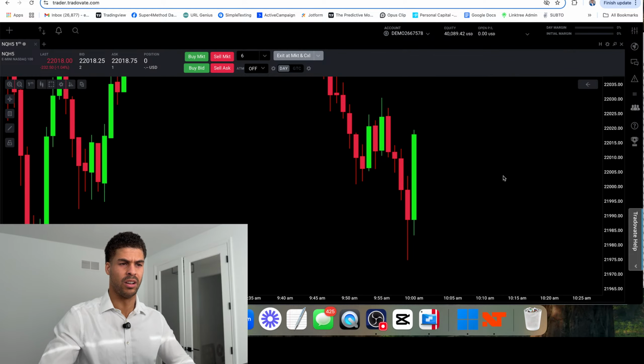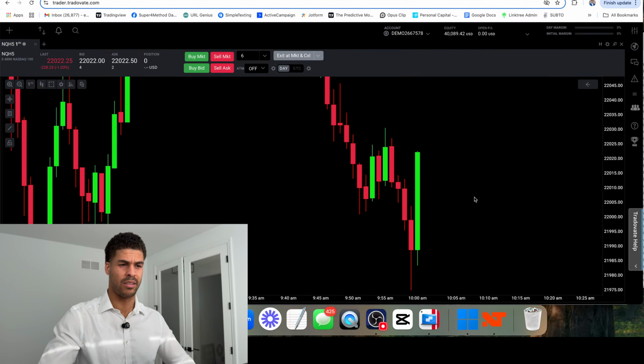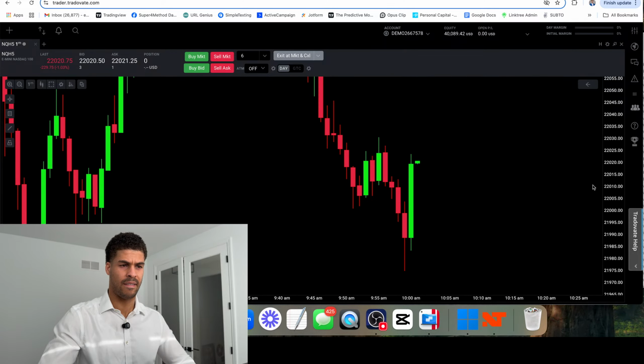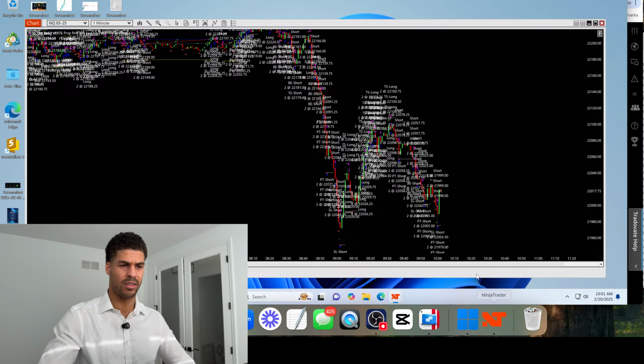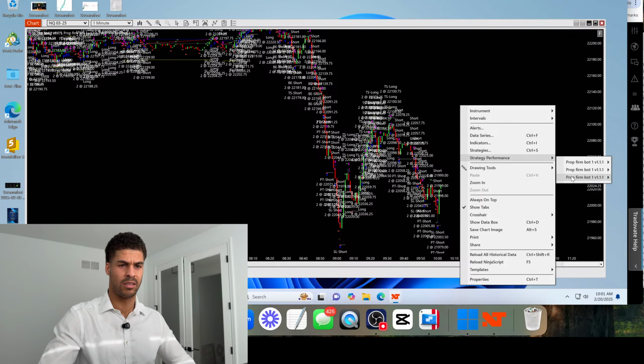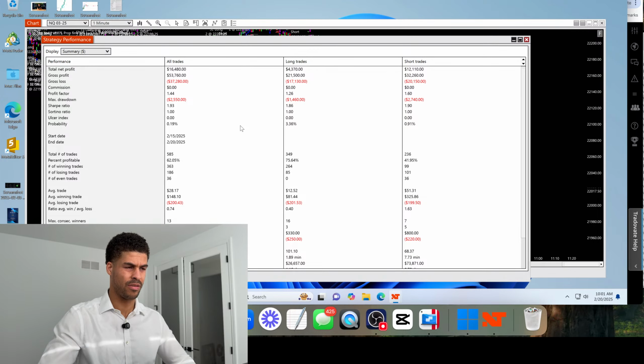If we get a new trade, it should be a long off of this. Now let's see if we have enough room. Looks like price is sliding quite a bit, but we should be okay. Let's see. Nope, no trade yet. All right. Four.